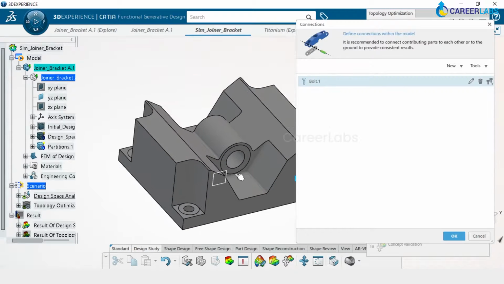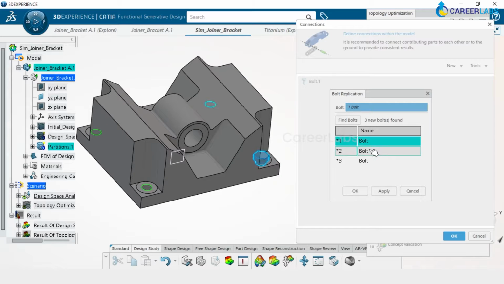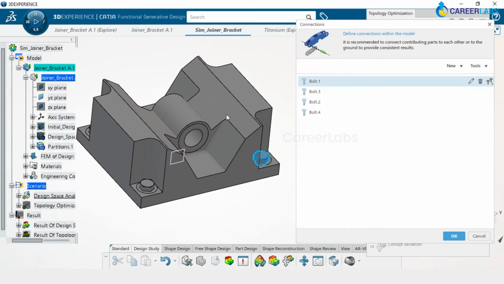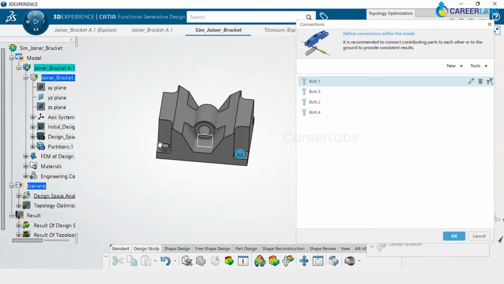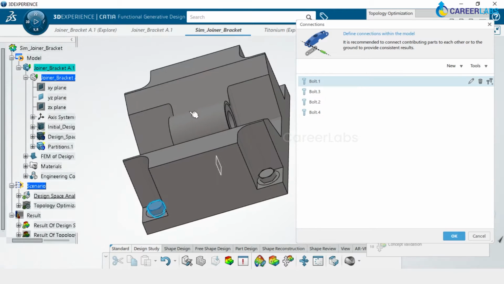So to add that, we go and add this. So we'll have to go and select. Okay, so we directly give find bolts. So it will automatically identify these three bolts. So I go and apply and then okay. So all the rest of the holes will also have these bolts ready. Okay, now we have four bolts.